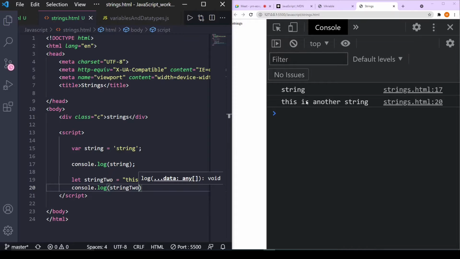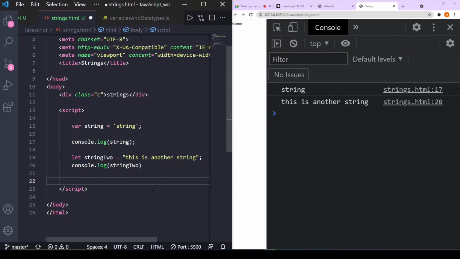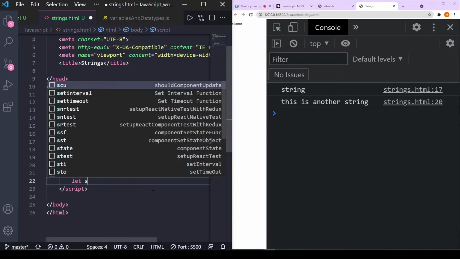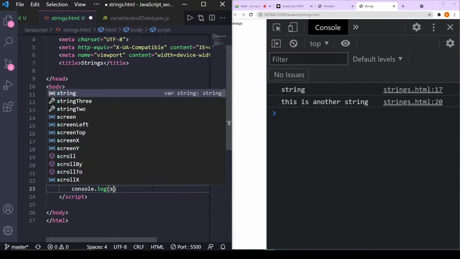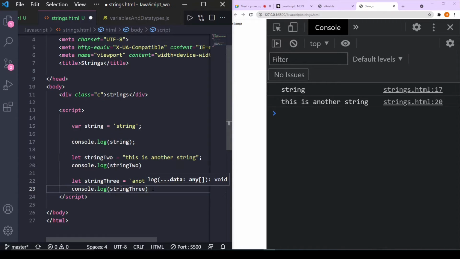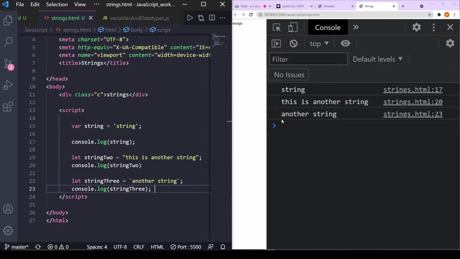It's taking time, but it's on: this is another string. We can also use backticks in place of those. Let string3 equals another string, and we will again console it to see whether it's working. Console.log string3. Now it shows: this is a string, this is another string, and another string.